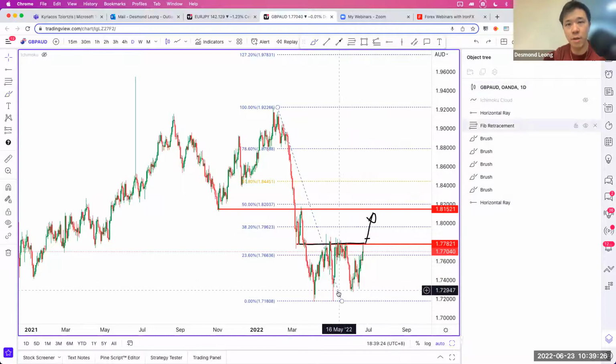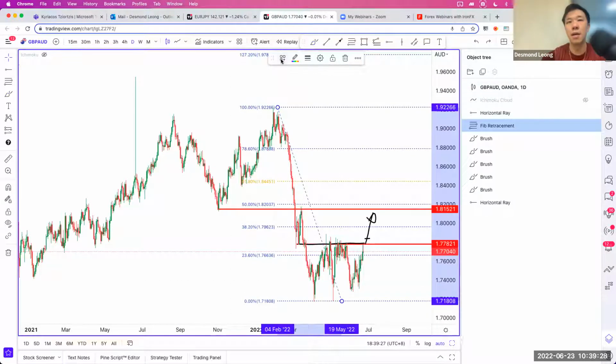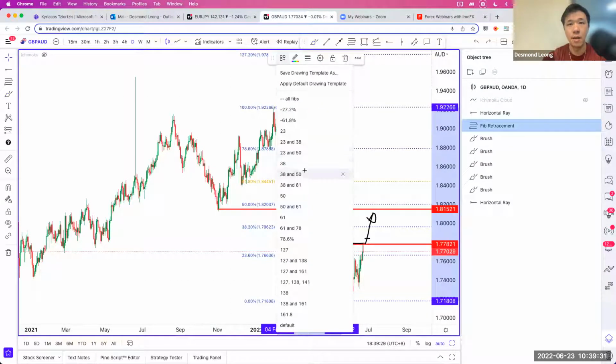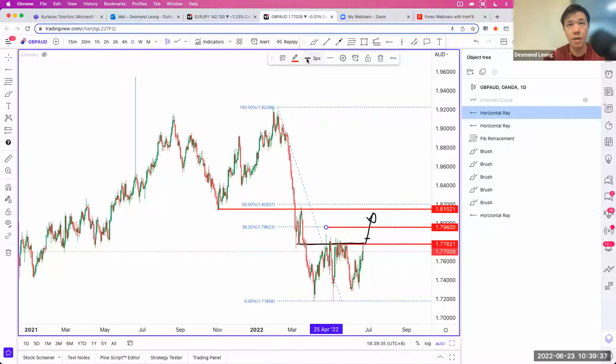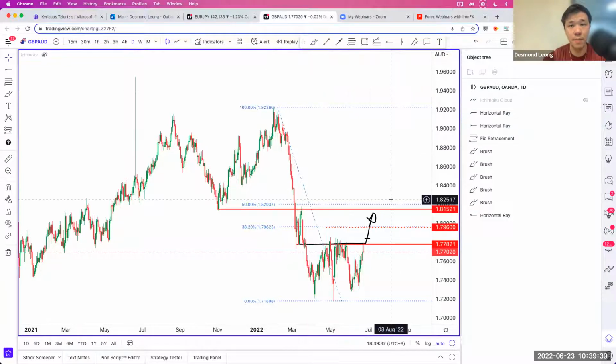Where do we place the stop loss? So I'm going to put the 30 and 50 here. You might want to take a partial profit at the 38% Fibonacci retracement over here. So this would be partial profit. Okay, in terms of the stop loss,